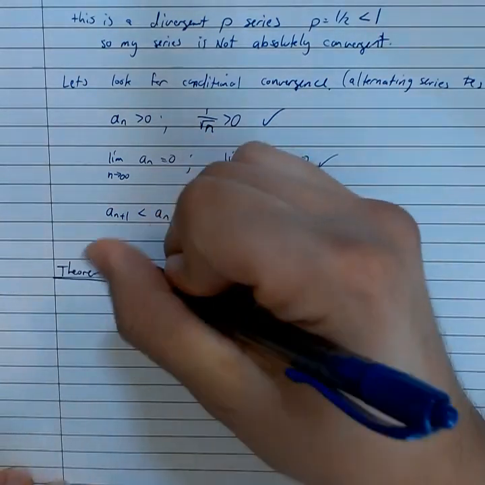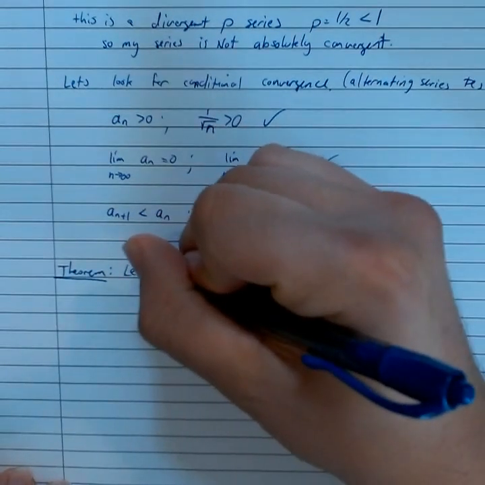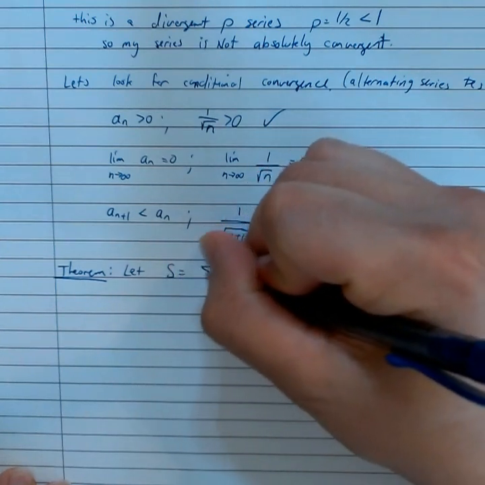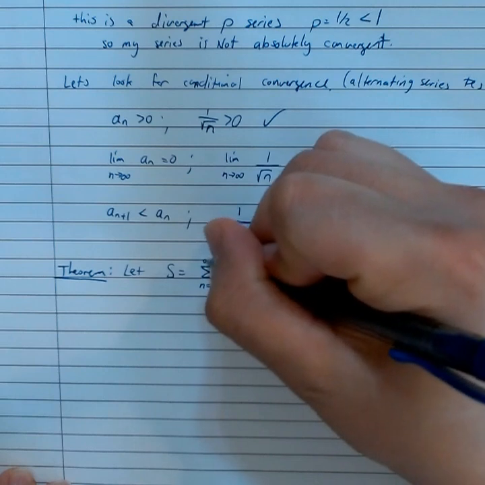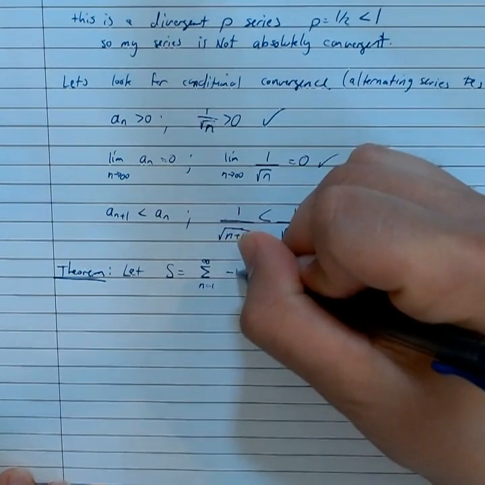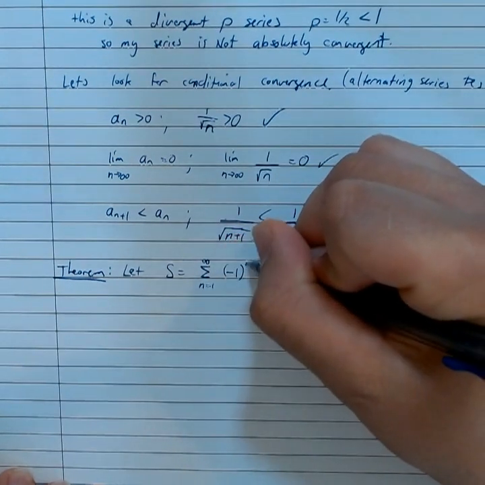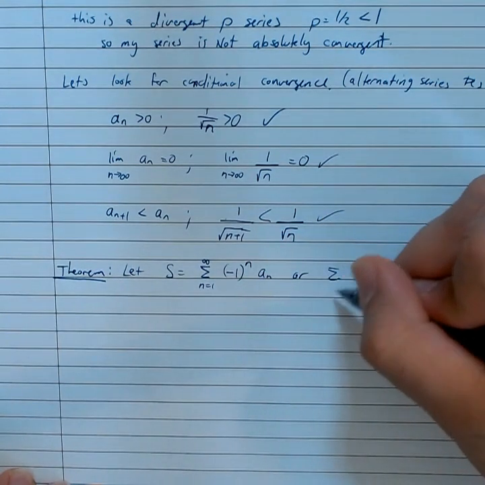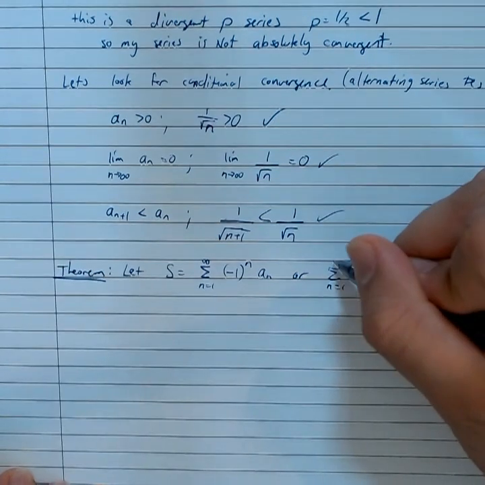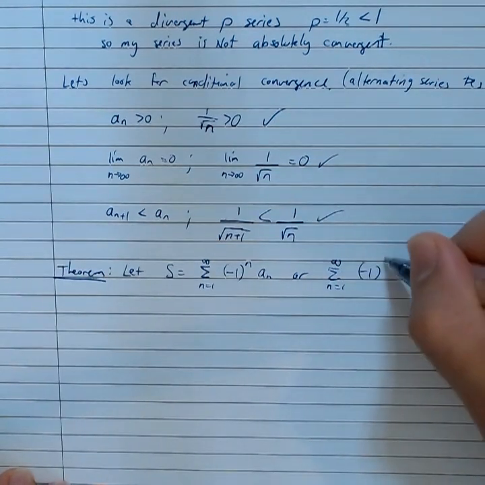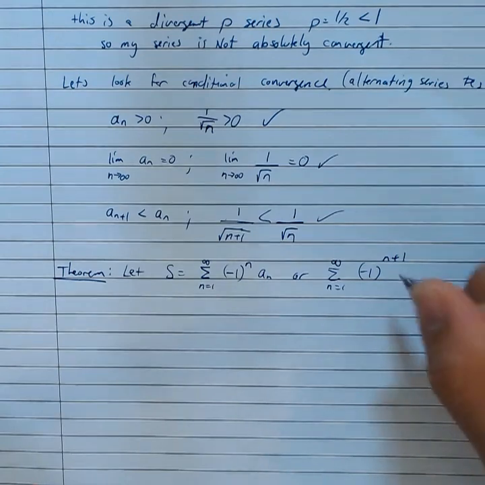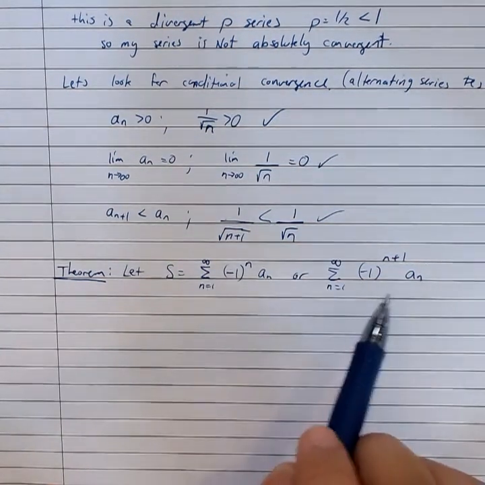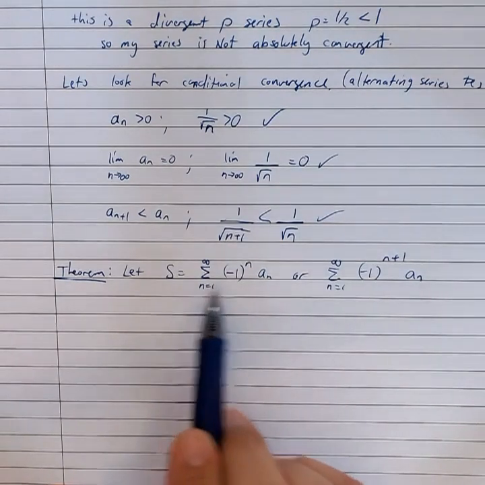So let's start off with an alternating series. Let S be the sum as n goes from 1 to infinity of minus 1 to the power n times a sub n, or we can do it the other way, the sum as n goes from 1 to infinity of minus 1 to the power n plus 1 times a sub n. Either one's fine. It doesn't matter if you start with a positive term or a negative term. All that matters is that you have an